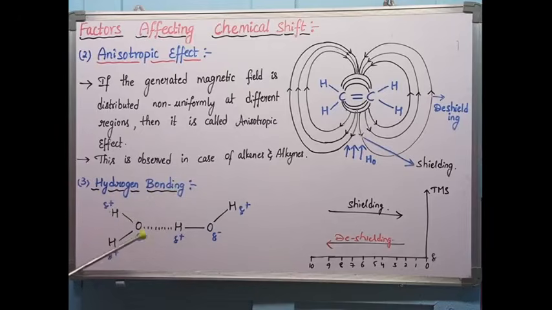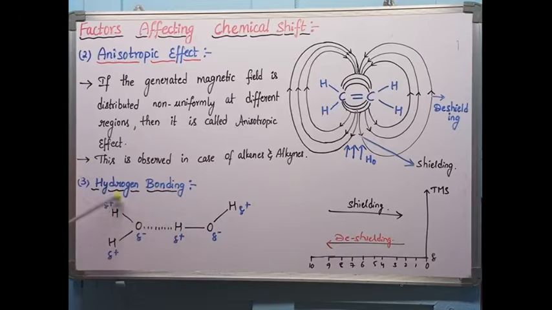So this is happening between two molecules, so it is intermolecular hydrogen bonding. The weak electrostatic force of attraction between the oxygen of one molecule and hydrogen of another molecule is observed clearly. This weak electrostatic force of attraction is called hydrogen bonding. So because of hydrogen bonding, the electron density is shifting towards oxygen and the entire electron density is utilized for the formation of this bond.